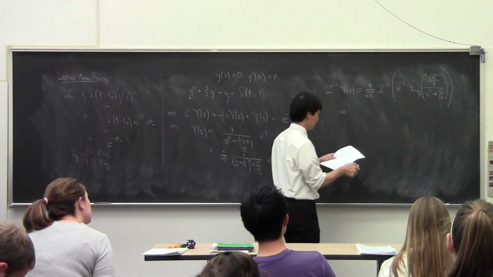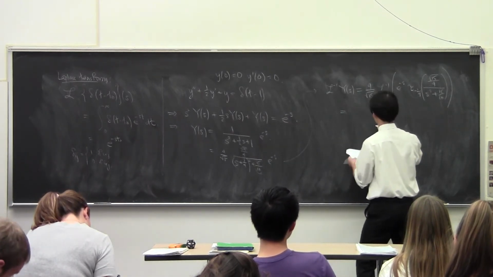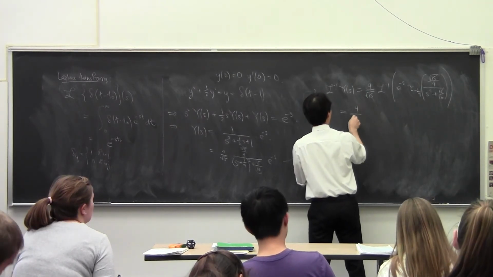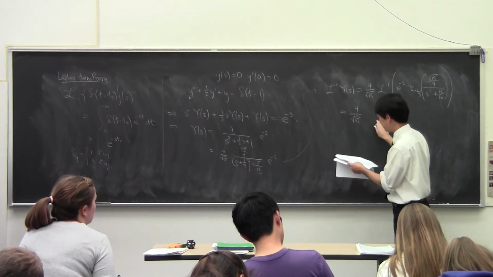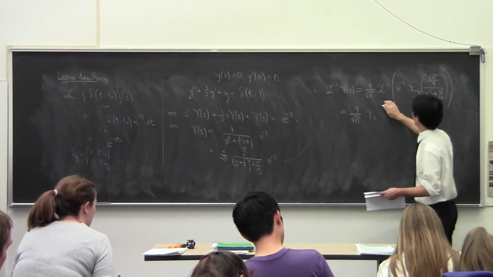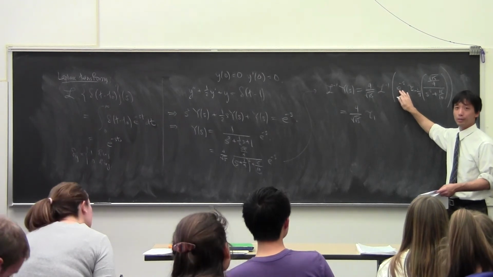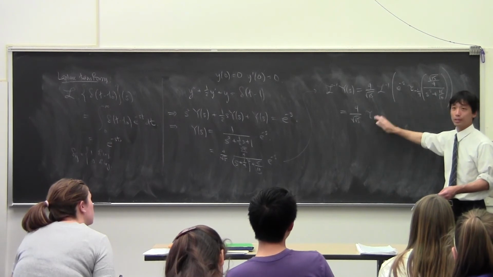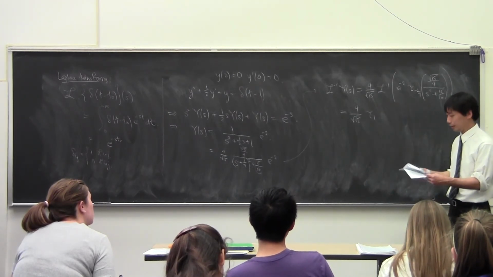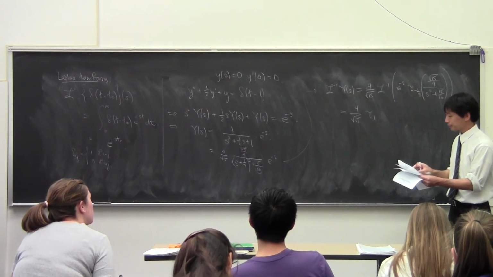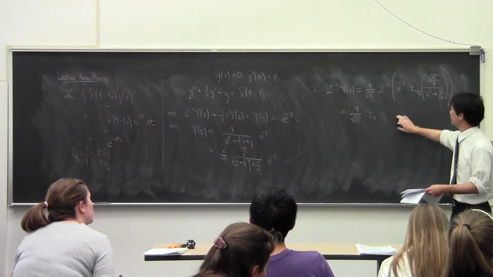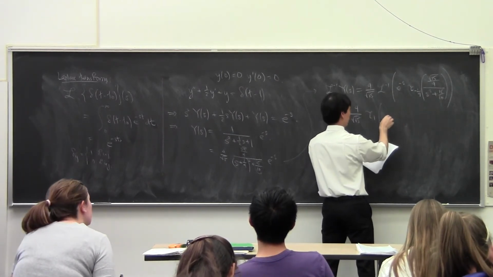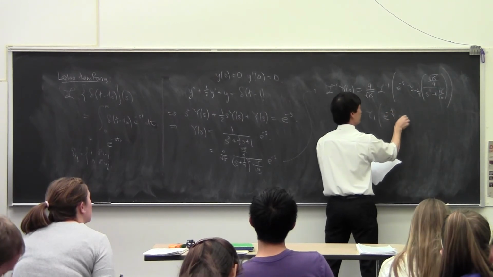So this turns into this, which turns into 4 over 15. Sorry. This e to the minus s turns into a translation. The modulation turns into a translation when you run it through the inverse Laplace transform. Right? And this thing here is then e to the minus t to the 4 sine